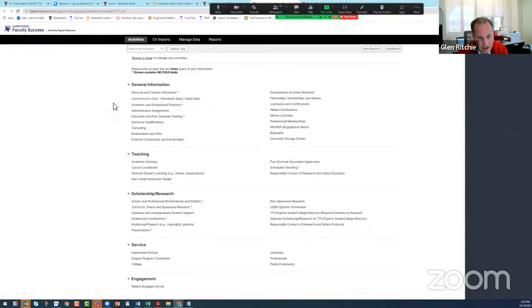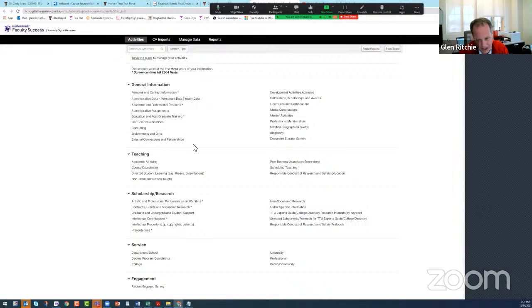These are the ones that are reported to the SACS accrediting related to House Bill 2504. So any of these that pop up here show up in our 5-year review and our 10-year review, and in terms of what the state's looking at here. So make sure that you've got the ones with asterisks